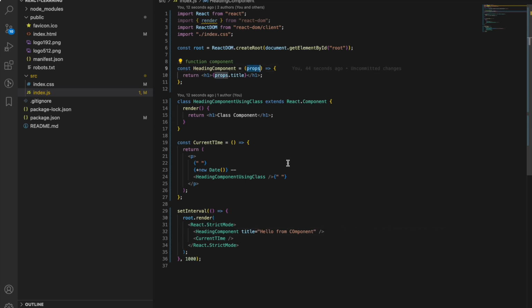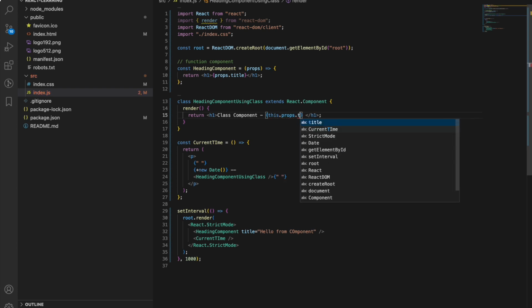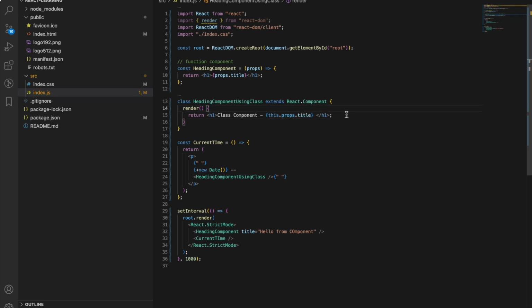Now the same thing is not there in class based components. Class based components have a different way to get the props. When you use a class based component, these props are already there in the class, because they are accessed using the this keyword. So we'll keep it like this: this dot props dot title. Here also I'm getting the same prop that is called title. Inside this h1 I'm just